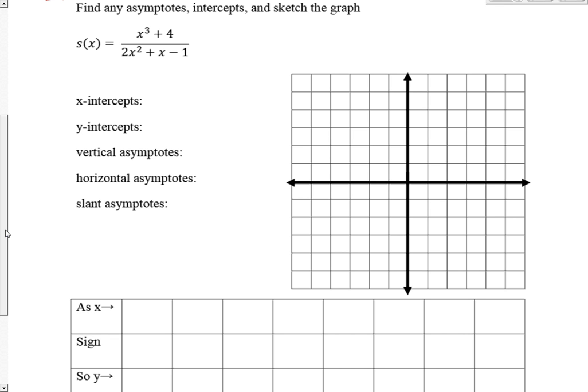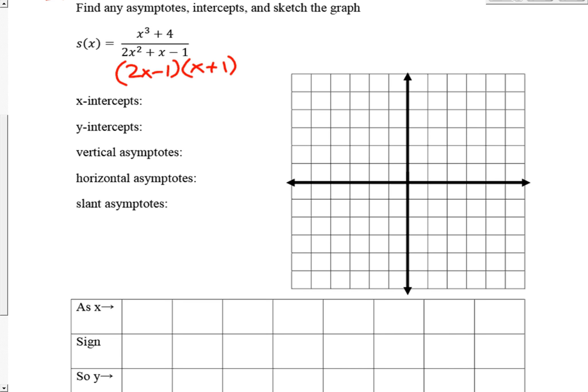I cannot factor the numerator, so I'm going to leave it. The denominator is 2x minus 1 and x plus 1. Nope, I have that backwards. 2x plus 1 and x minus 1. No, I had it right the first time. 2x times 1 is positive 2x, and then minus x is going to stay positive x. All right. So my x-intercepts